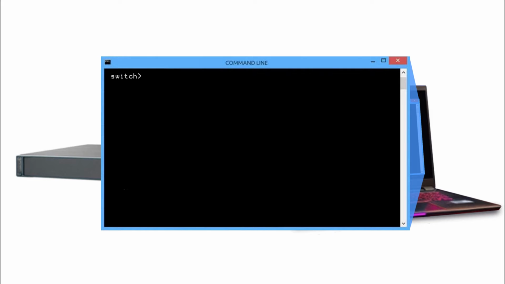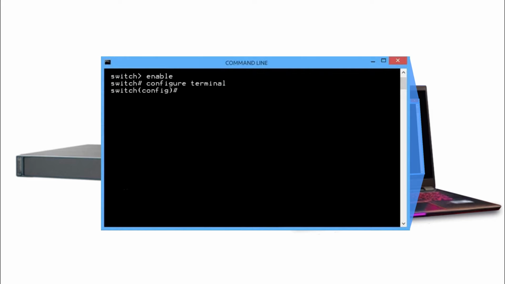The configuration steps may be different, the commands may even be different from manufacturer to manufacturer, but the concept of setting them up is the same across the board. So from the privileged exec mode prompt, as you see here, you will type in enable and press the enter key to get to enable mode. Once you're in enable mode, you will then type in configure terminal and hit the enter key to get to